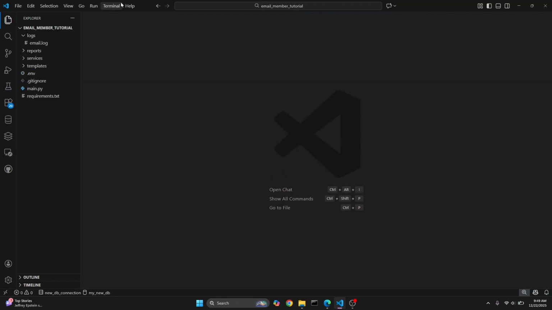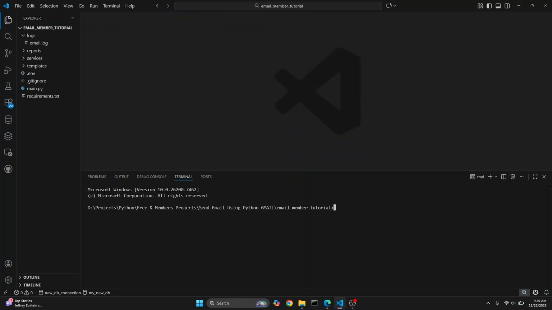Now in VS Code, to create a virtual environment in this project, click on terminal, click on new terminal, and enter this command, python -m venv. Hit enter, and virtual environment is being created. Here you will directly see virtual environment folder is already created. Now it's adding some more files inside the virtual environment. Once the virtual environment is created, just activate it using